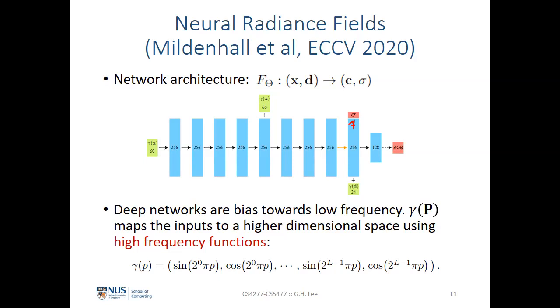If you do this, given the input X or P, you are able to extend the dimension into a very high dimension by just encoding, because these will be the low frequency components and these will be the high frequency components from P. So you are able to expand it to a very high dimension,